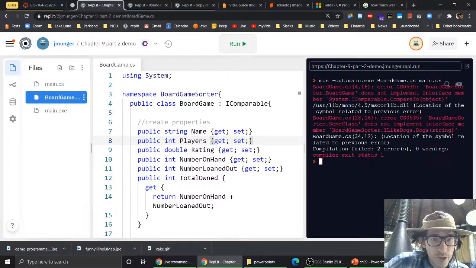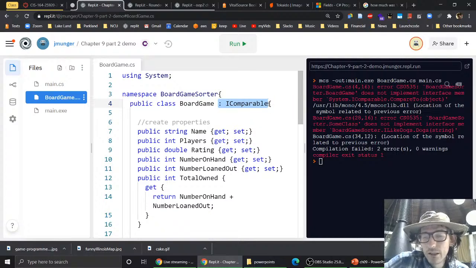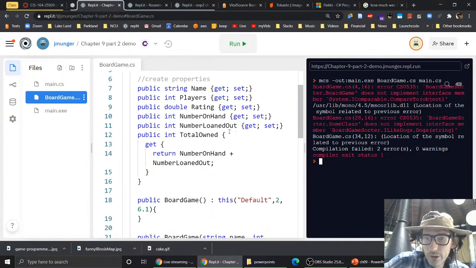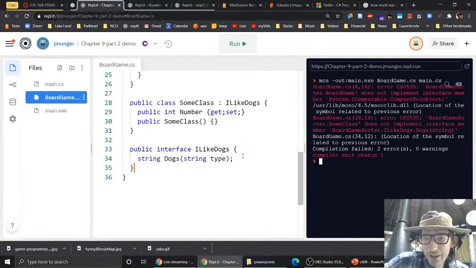Board game sorter dot. Okay, so the board game class does not implement interface member compare to. Because we added this interface, we're promising that we will add the methods from this interface, which include this compare to method, which takes in an object, and we'll get to explaining how it works here in a second. All right, did you add an I like dogs method? Okay, so